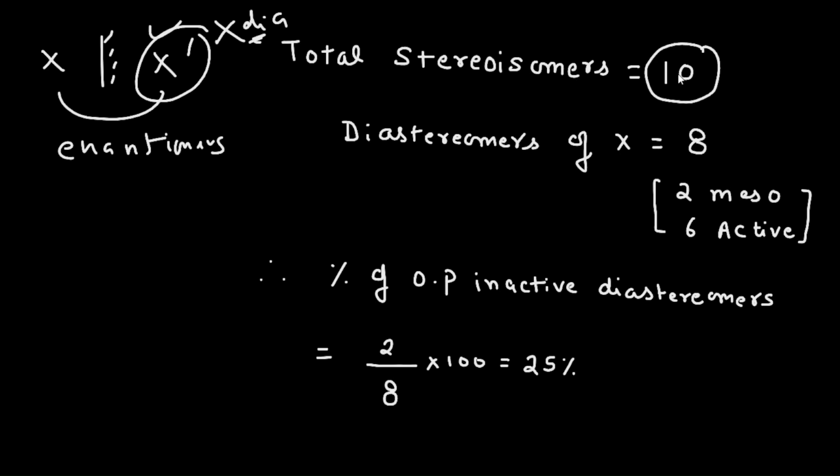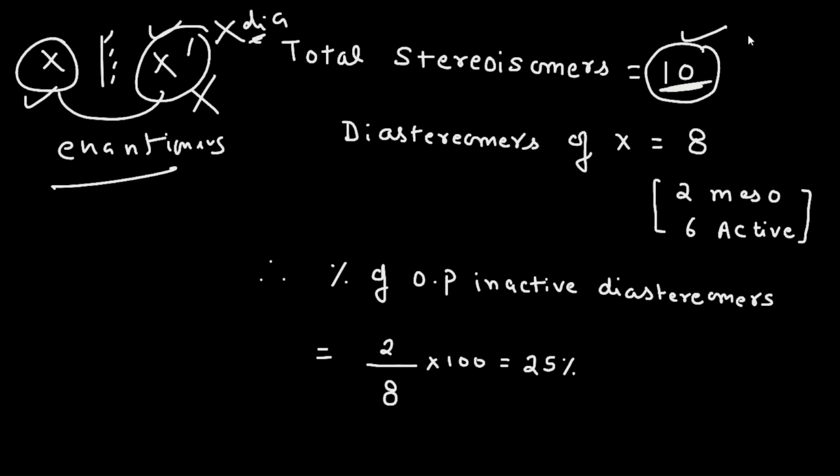For the given structure, altogether you had 10 stereoisomers. Out of 10, one is X itself, and X dash you don't have to count,